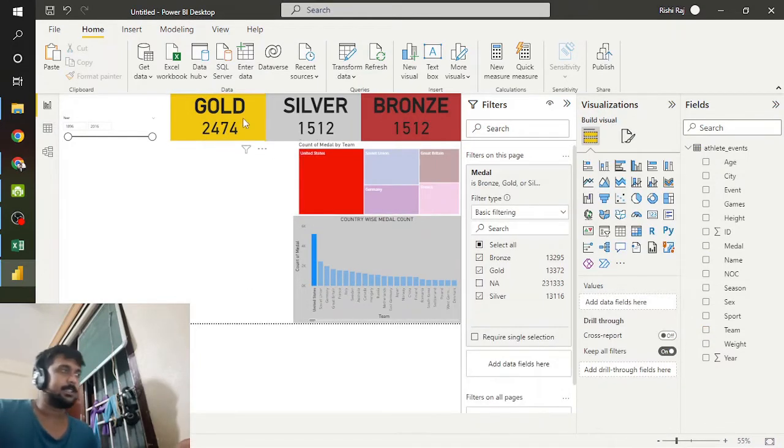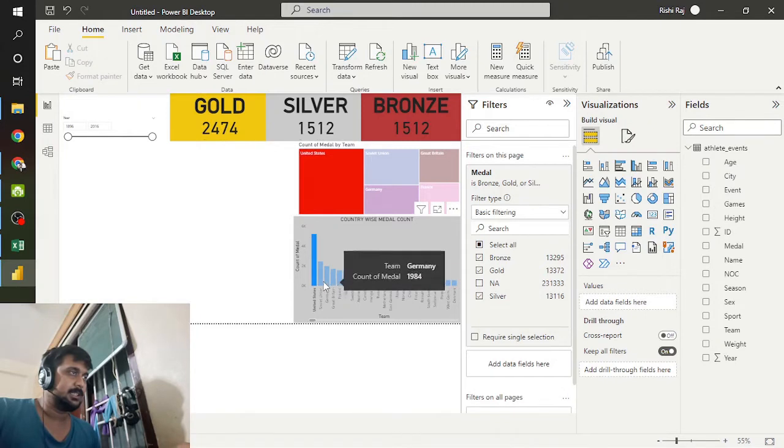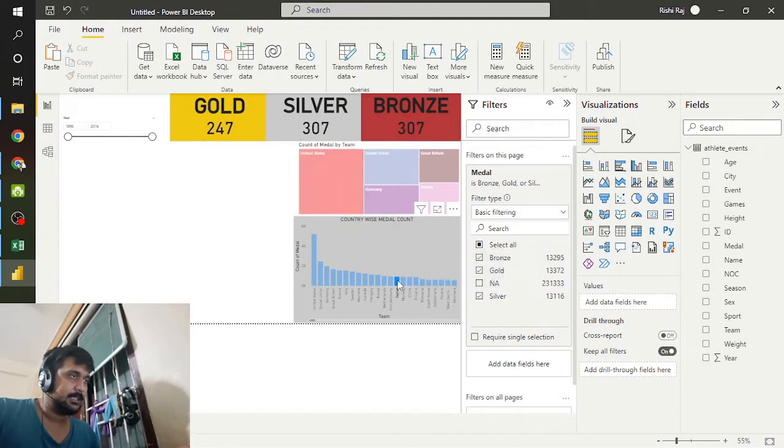So as you can see, it's working. If you select the United States, there's gold, this one, silver and bronze. If you select Japan, it's this. And if you select Poland, then this is the middle count. So moving ahead,